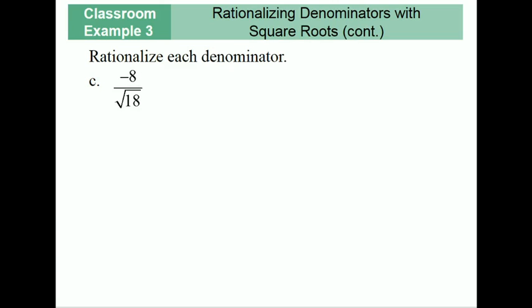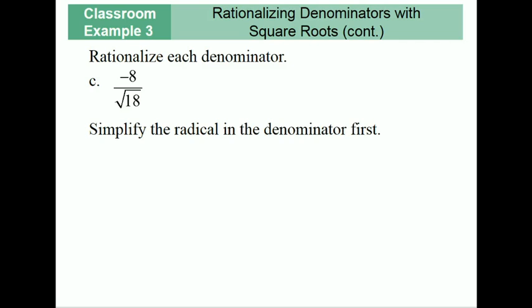So here we have another example. But they're going to do a little work in that denominator. We're going to simplify that denominator. So remember, we're looking for a perfect square factor, and that square root of 9 times 2 is the same thing as square root of 18. So we're going to take the square root of 9, and we're going to get 3 square roots of 2